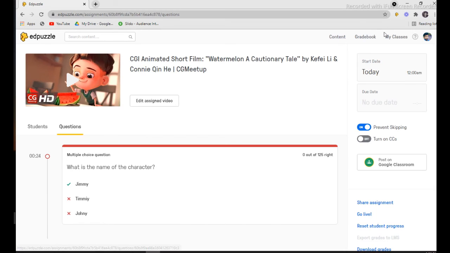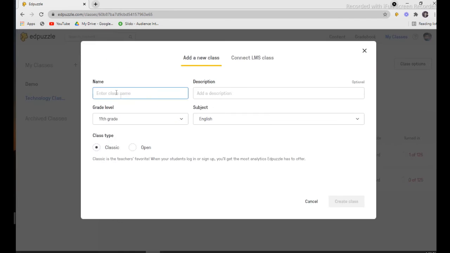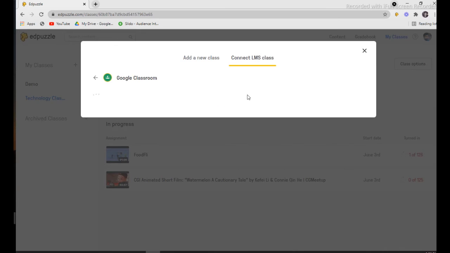So how to add my Google Classroom here is one of the important steps you should know. You can see my class option here. I'm going to click my class, and you can see a plus symbol here. I click that plus symbol and connect LMS class, then select Google Classroom.